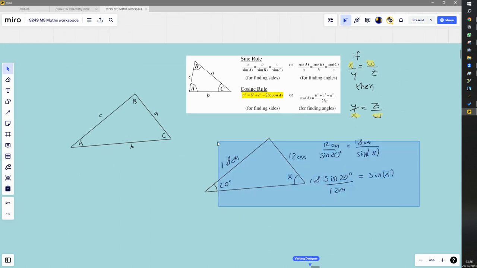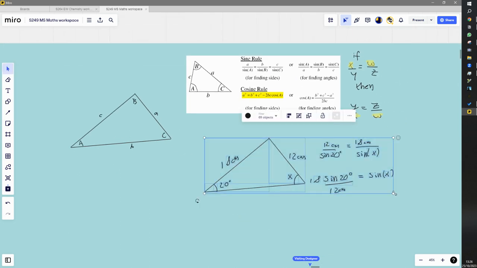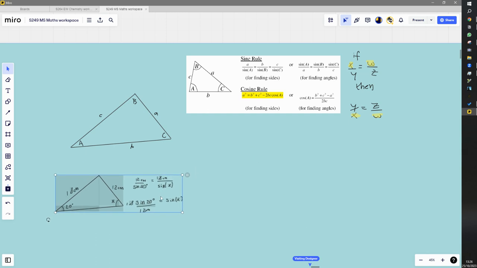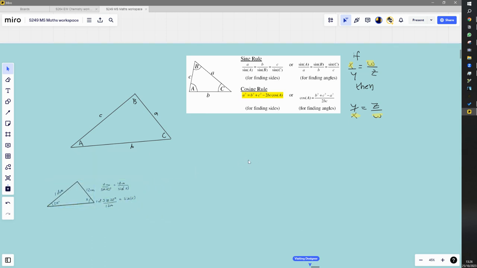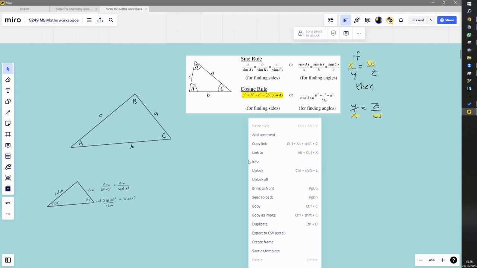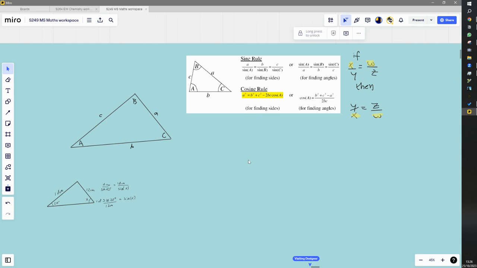Let's look at the cosine rule. Let's look at the formula first of all, actually. The formula looks a lot more complicated and it kind of stresses people out. They think, how am I going to remember this? But if we study the formula in a bit of detail, let's go with any of these sides. I could have labeled this in a different way, but any of the sides